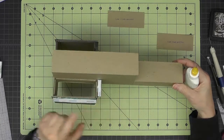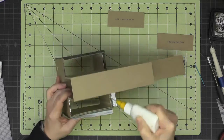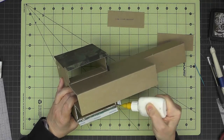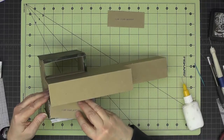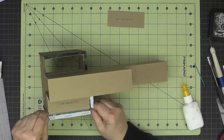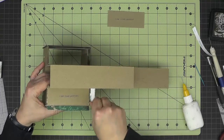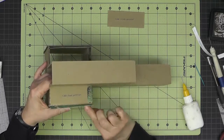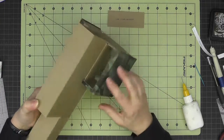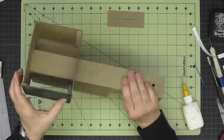So just fold back these tabs from the paper and run a bead of glue along the ledger strips. And those cab side bottoms should fit just right inside of there. And then you can remove the score tape backing and fold these tabs in. And once that's dry, you can give that a burnish. And then just repeat that on this other side. And once you have those on there, just make sure that everything is square and plumb, and then let it